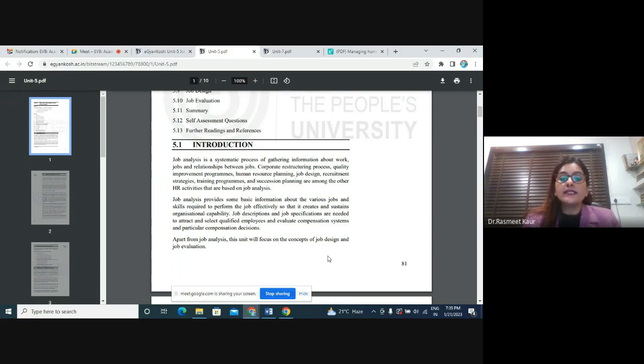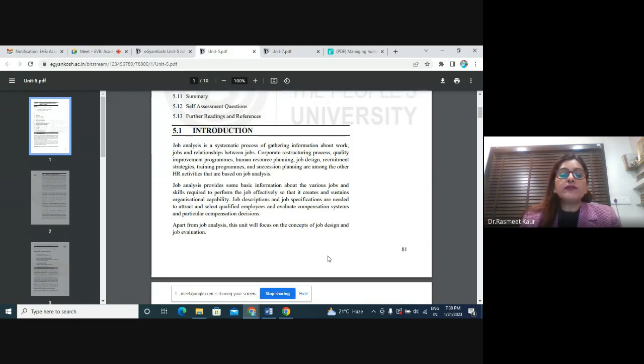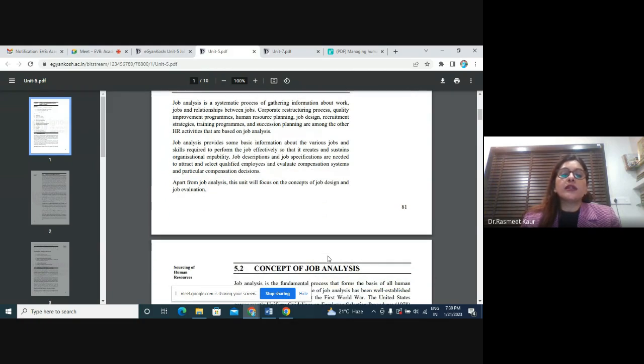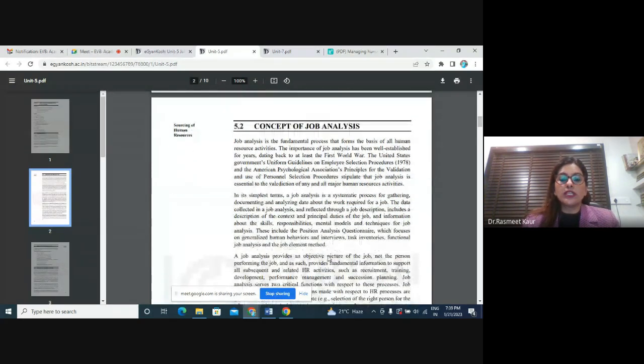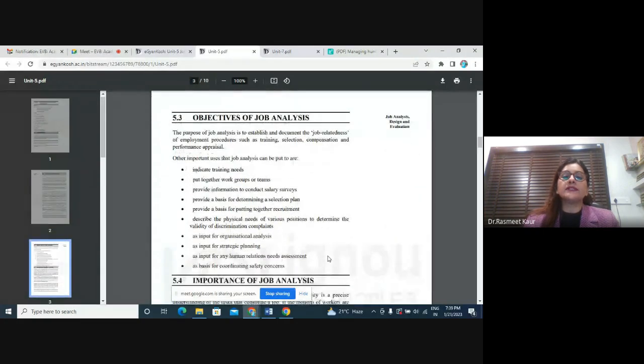In this job analysis, you try to fetch data or information related to important jobs and the skill required to perform that job effectively. Because ultimately, if you want to do the jobs in an organization in an effective manner, you want to hire people effectively, you should have an understanding at your end first about whom you want to recruit. So for that, job analysis is classified into two broad categories, that is job description and job specifications. Let us talk about these two terms. What are job descriptions and specifications?